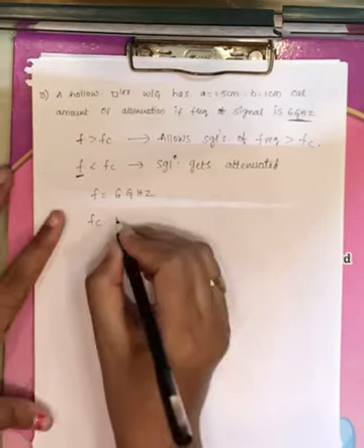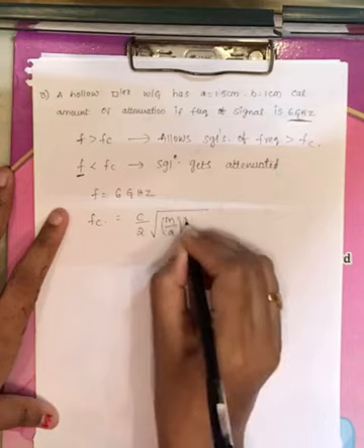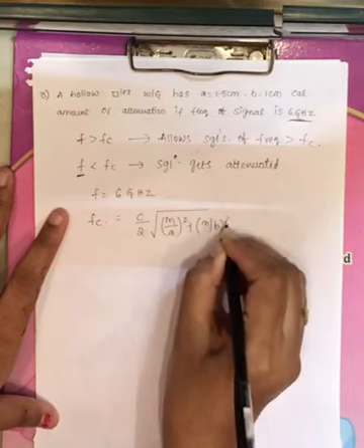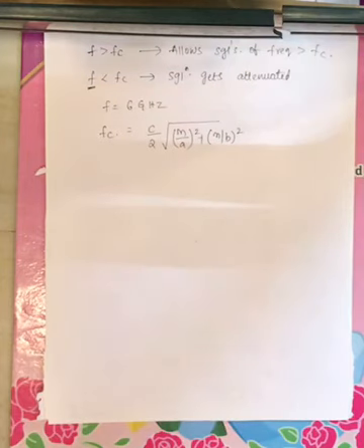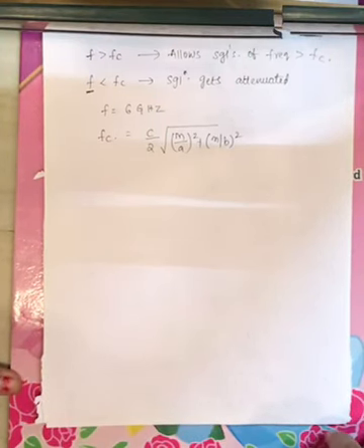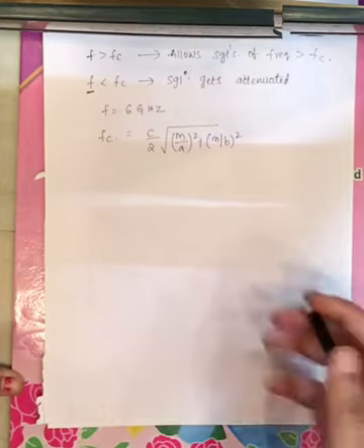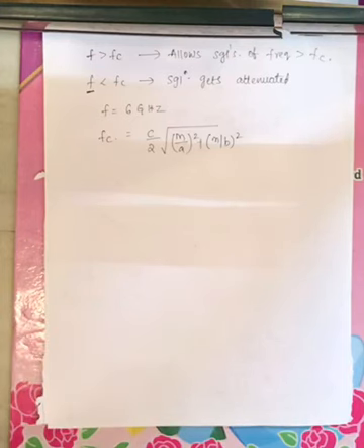Now what is fc? The fc formula is c by 2 under root of (m by a) whole square plus (n by b) whole square. This is the expression for fc. We know the f value and we have to calculate fc. We know the a value mentioned in the problem, 1.5 centimeter, and the b value, 1 centimeter. But we don't know the mode of operation.